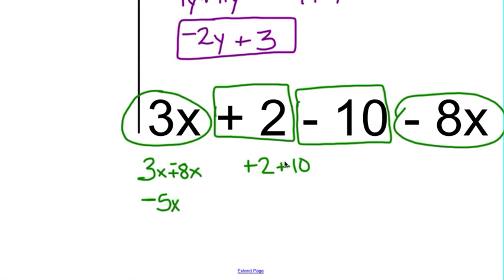And here I'm going to do tick, tock again. The negatives are going to win. 10 is 8 more than 2. So then I'll put these together. Negative 5x